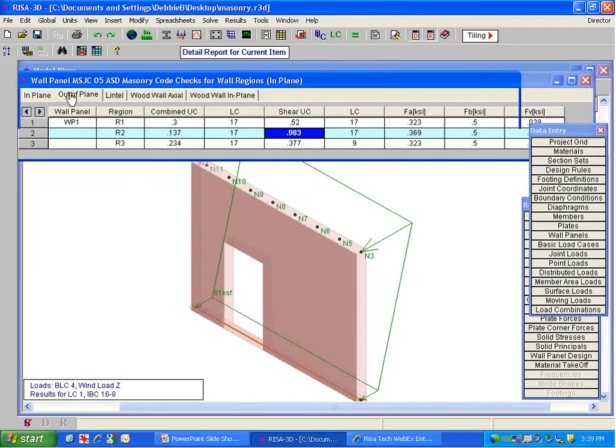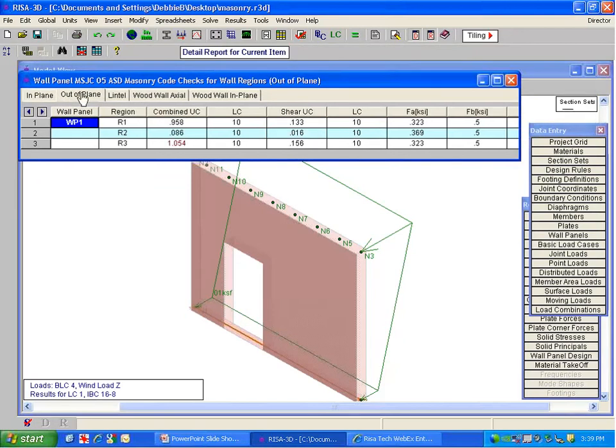If we look at the out-of-plane loading, that's our second tab here. We now see the same regions, but now we're looking at out-of-plane loading, and we do see a failure, and it turns red when that turns failures. So it kind of alerts us quickly to see that we have a failing region. Region 3 right now is failing. It's load combination 10 that's failing it,